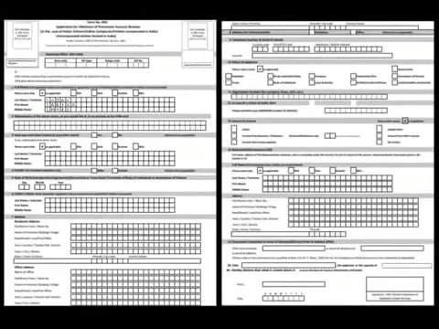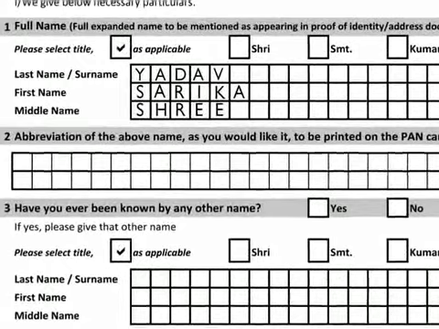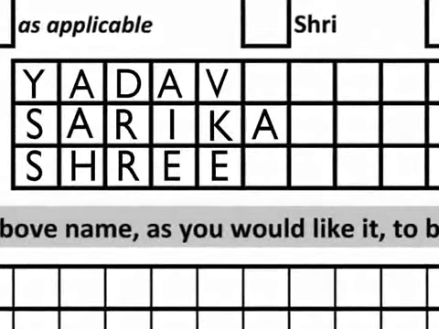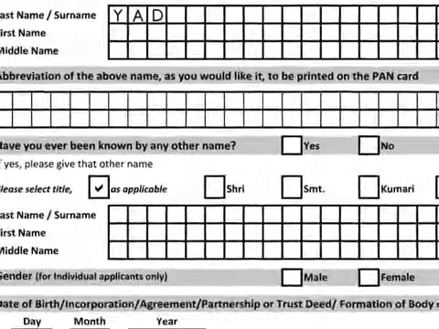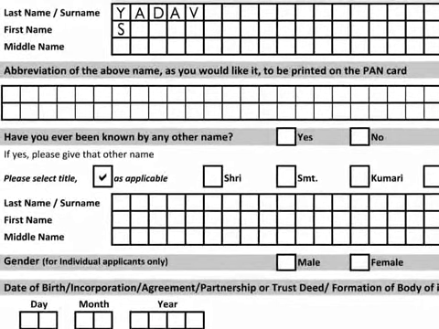The form is to be filled legibly in block letters in English only. It is preferable to use a pen with black ink to fill the form. In each box, fill only one character, that is, alphabet, number or a punctuation sign. A blank box must be left after each word.